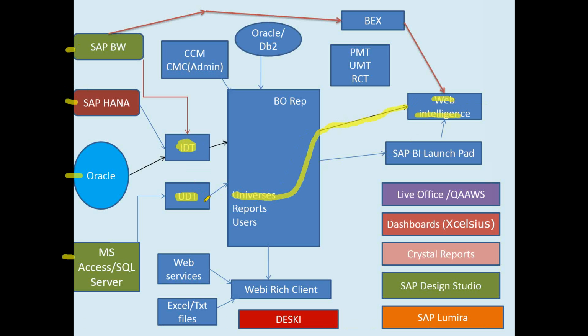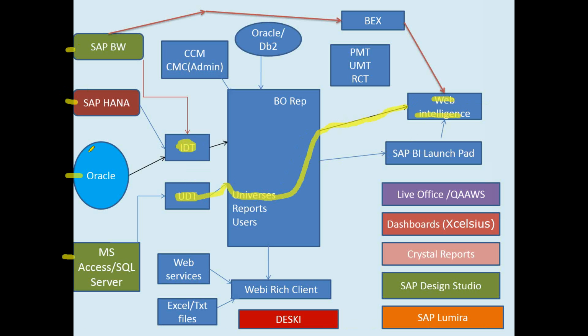But in 4.0 and 4.2, both tools are still available. Either you can use the UDT tool to design a universe, or you can use the IDT tool. But the difference between the IDT and UDT is,